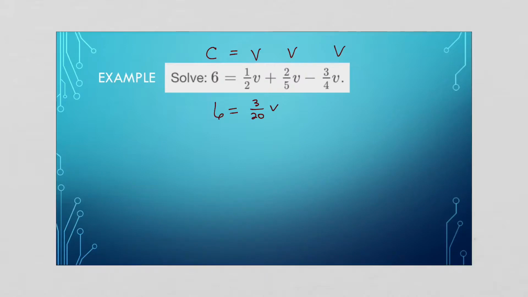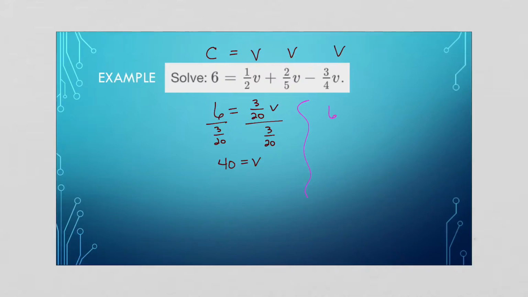And on the right-hand side, I've got 3/20 v. Okay, so now to solve for v, we're going to divide both sides by 3/20. On my calculator, here's what I'm typing in. I'm typing in 6 divided by 3/20. And I hit enter and I get an answer of 40. Okay, so now to check the work,